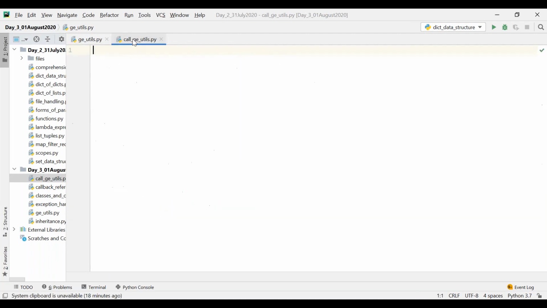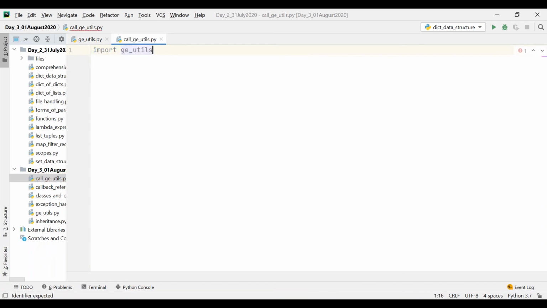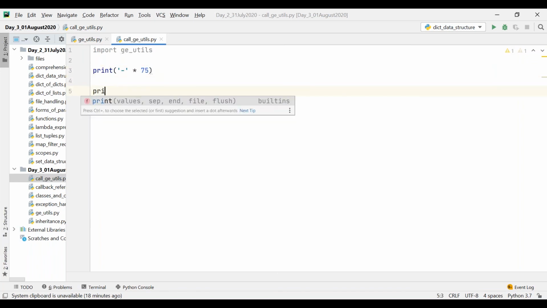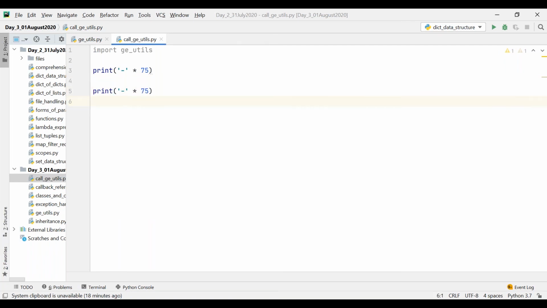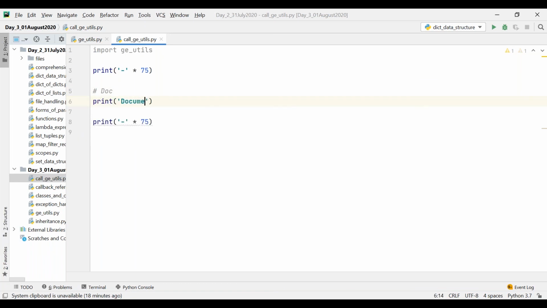As a first step, I have to import the library: import ge_utils. Then let me try to access the documentation first. Let's print the documentation of a module.